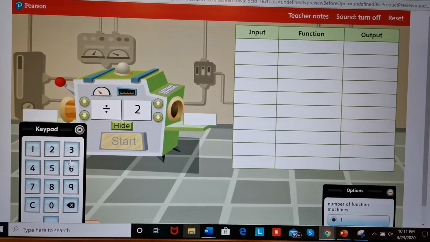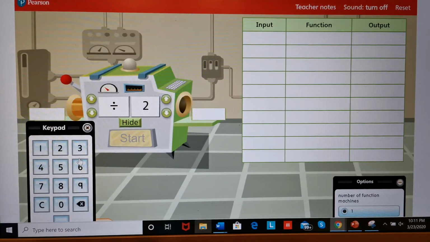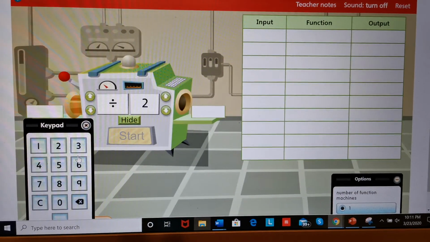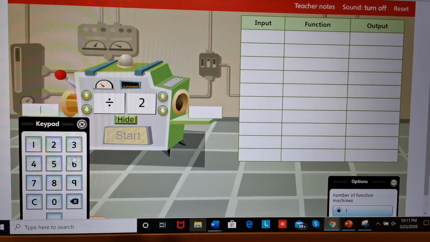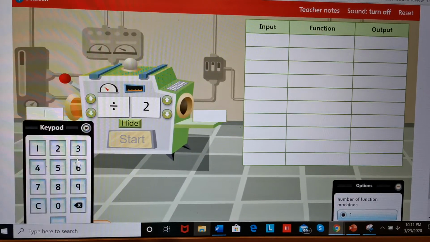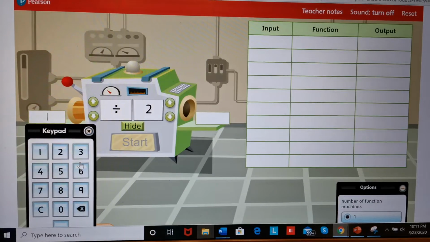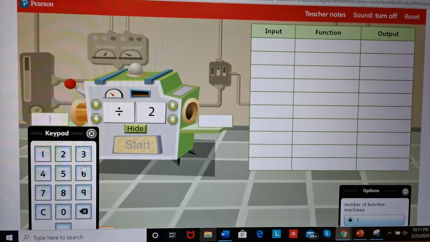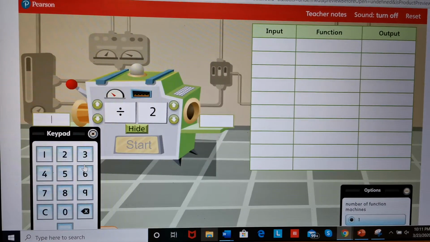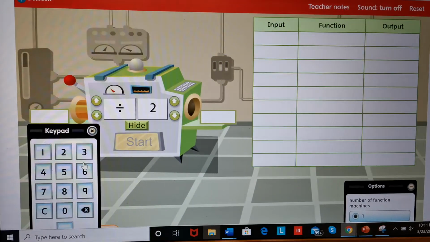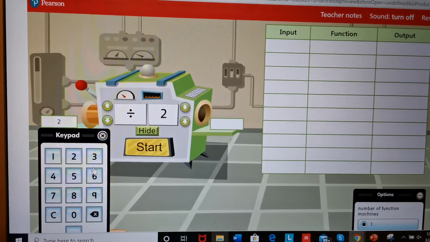Now that we've had some practice with doubling two-digit numbers and some three-digit numbers, let's take a look at halving. As you should know, halving is the same as dividing by 2. If you split something in half, you are essentially dividing it by 2. All right, so let's start with a two-digit number,